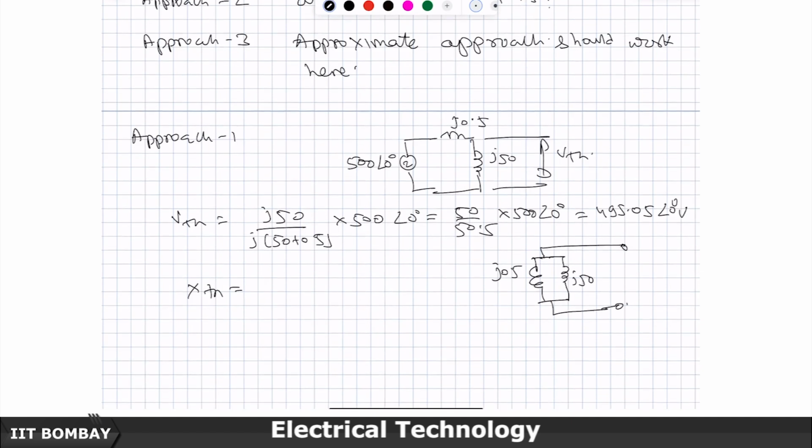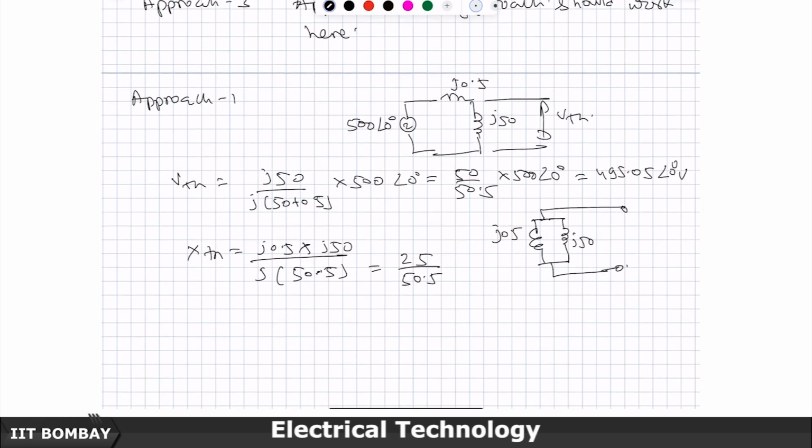So this is going to be j0.5 into j50 divided by j of 50 plus 0.5, meaning 50.5, which is 25 divided by 50.5j, which is 25 divided by 50.5 is 0.495